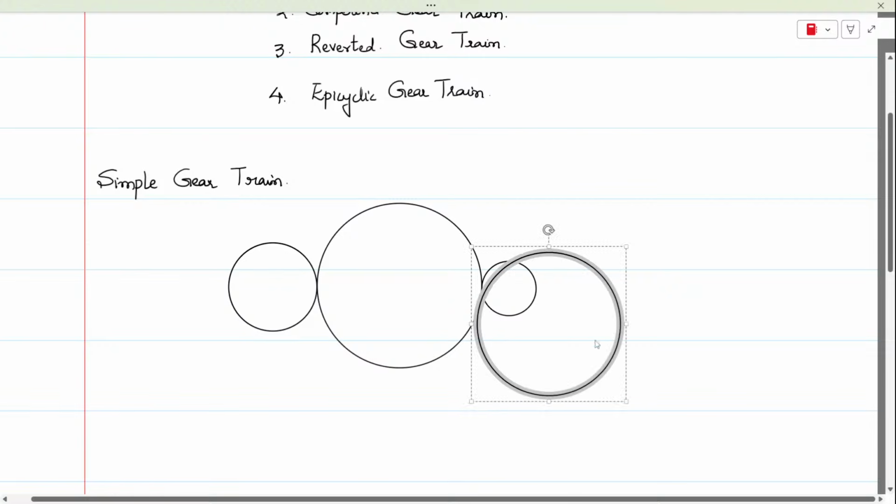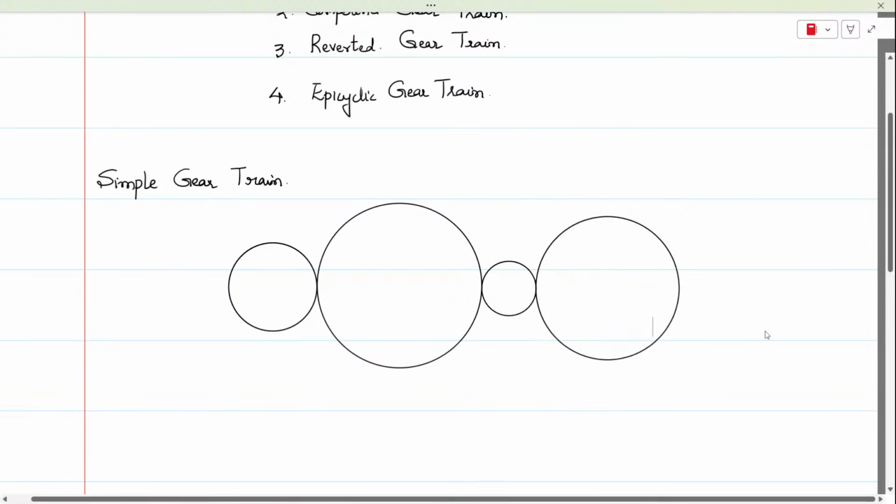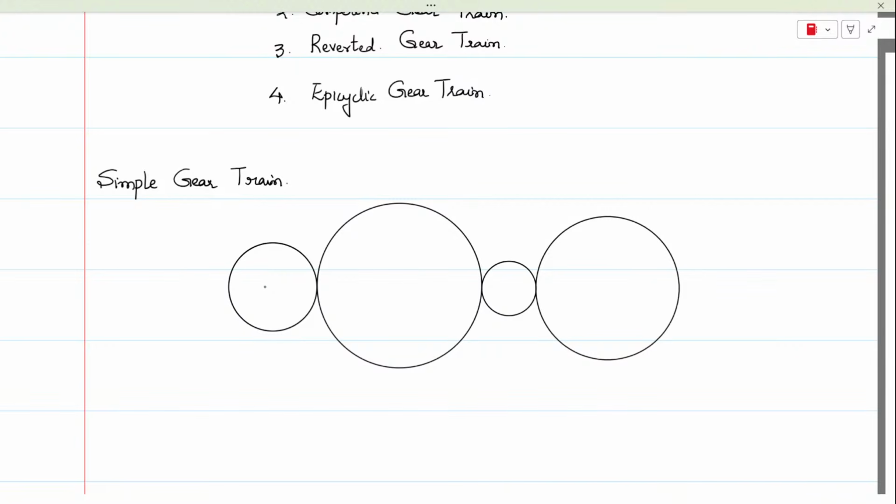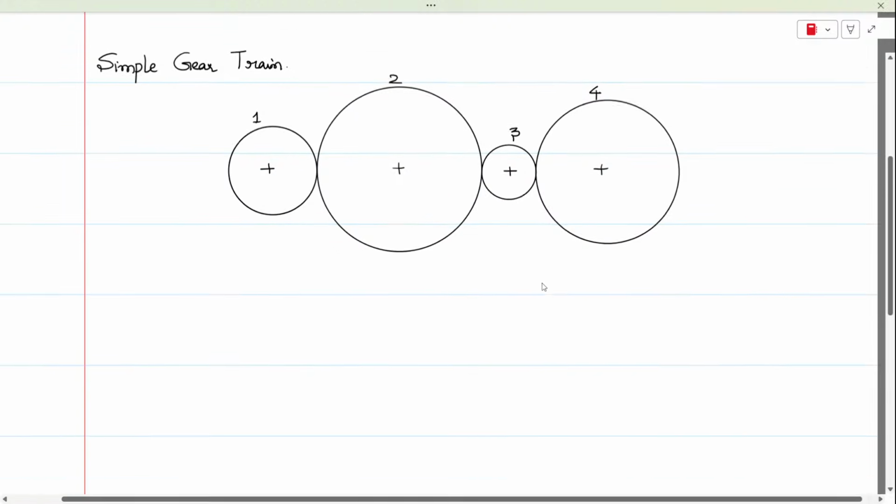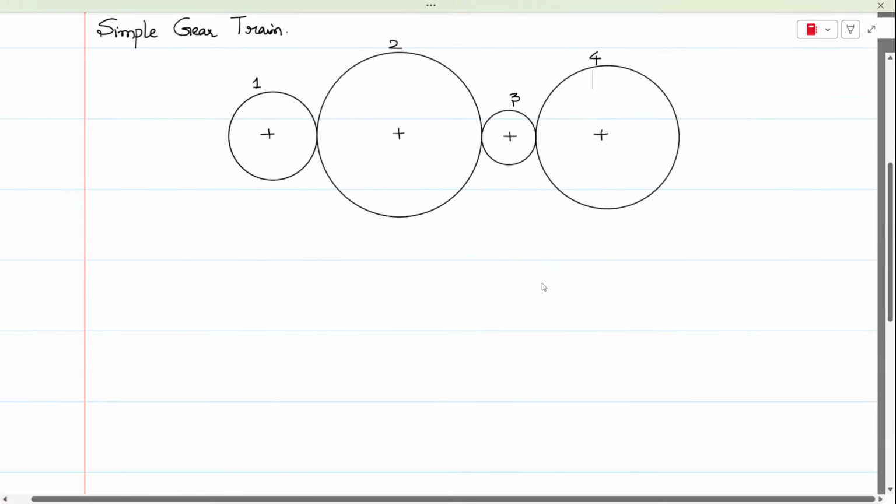And let me add one more gear. So all these gears are in mesh. So this is gear number 1, gear number 2, gear number 3 and gear number 4. So whenever you are trying to write train value or velocity ratio,